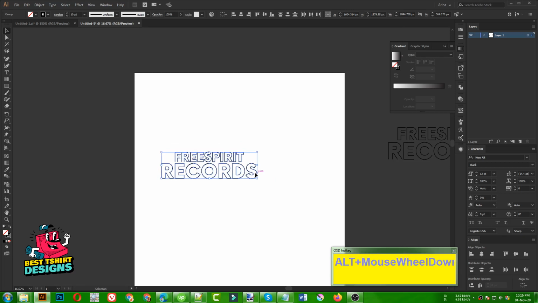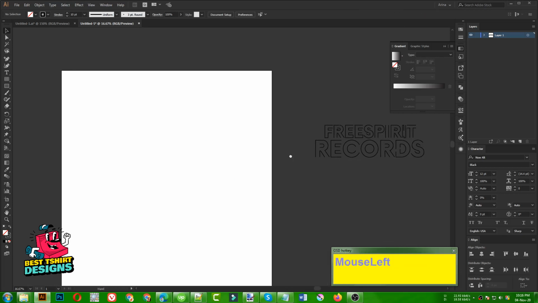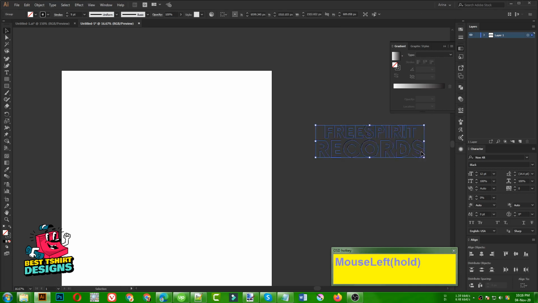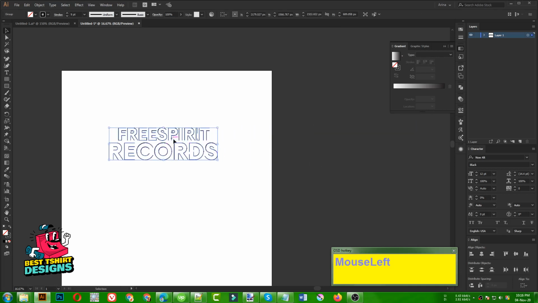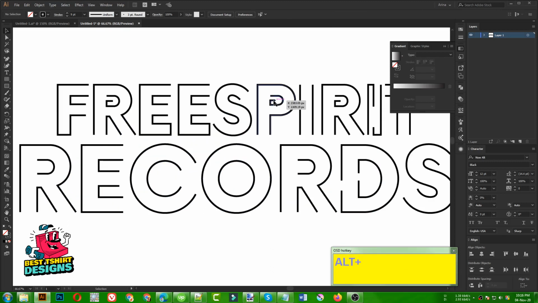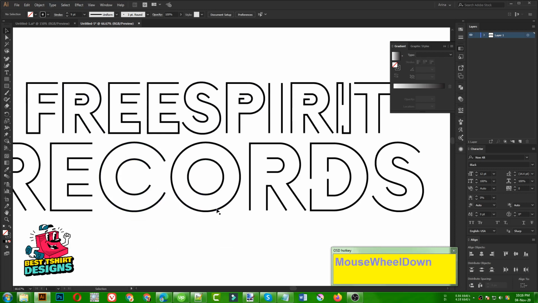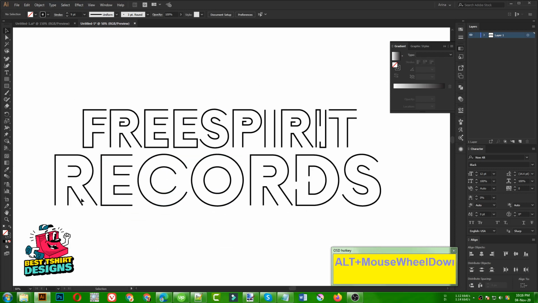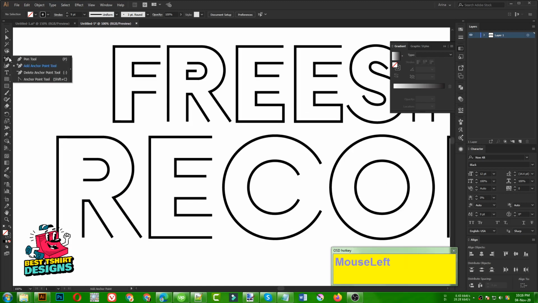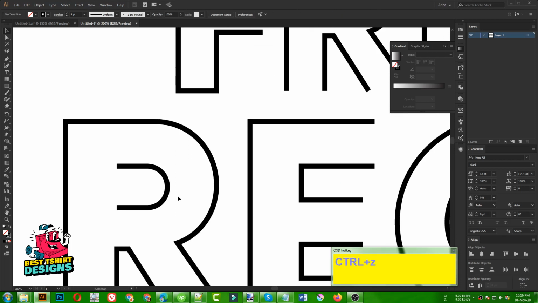This is the style I wanted to create, but I made an example because creating this kind of effect takes a lot of time, guys. So as you can see, I just erased the parts that I didn't want, and here I made some extra effect. You can just take your pen tool to make it. Okay, so let's just do it for the R here. You can see I have to first of all click, sorry, not there, click here to select the